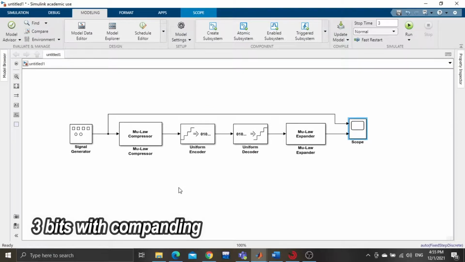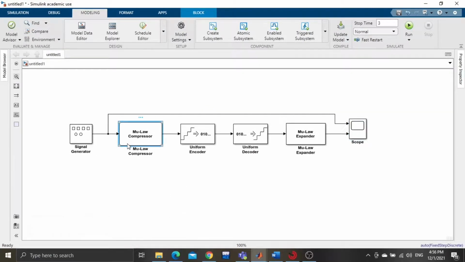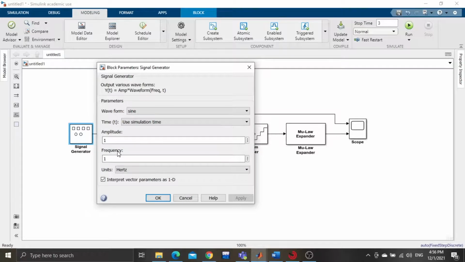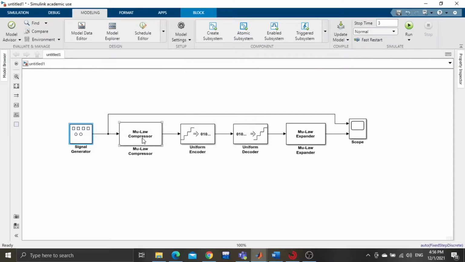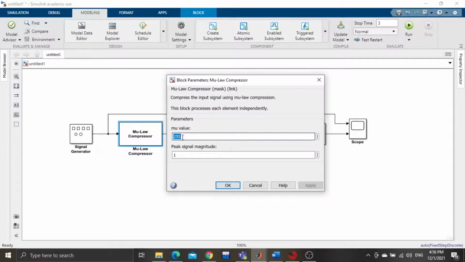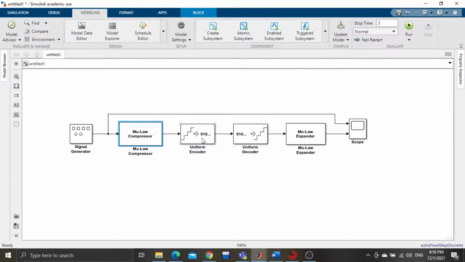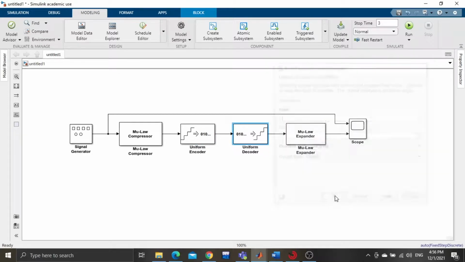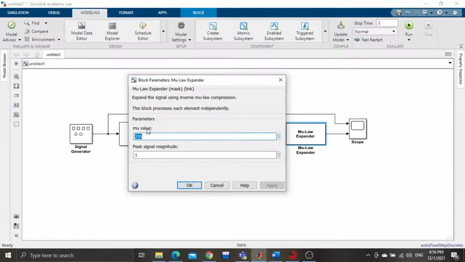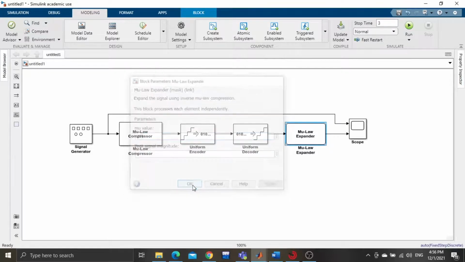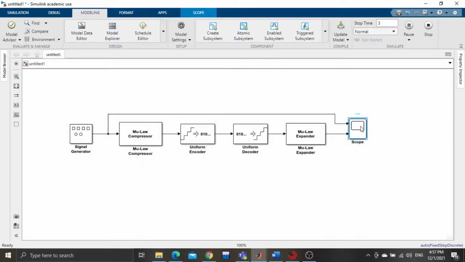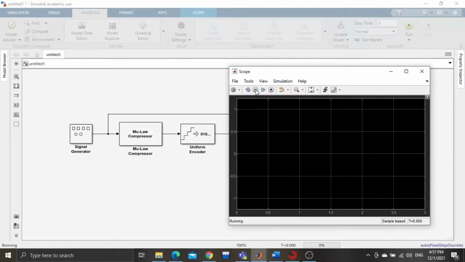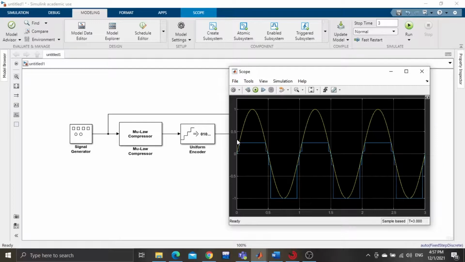After that, by using companding, we need to add 2 more blocks, which are the mu law compressor and the mu law expander. So double click the signal generator and set the same: frequency 1 and unit hertz. For the mu law compressor, set the mu value to 255 and peak signal magnitude to 1. For both uniform encoder and uniform decoder, set the bits to 3 bits, and set the mu law expander mu value to 255 and peak signal magnitude to 1. And double click the scope and click run. So this is the result of the output sine wave with companding